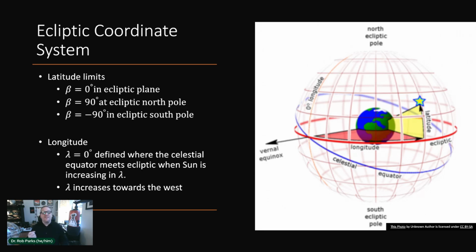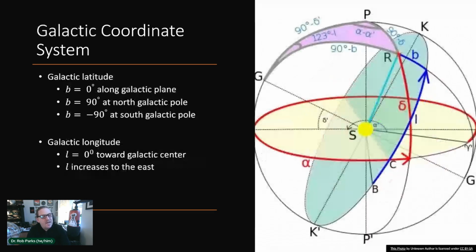Ecliptic longitude is defined exactly as right ascension is defined. It is pointed towards the vernal equinox, and it increases to the west. Then finally we have the